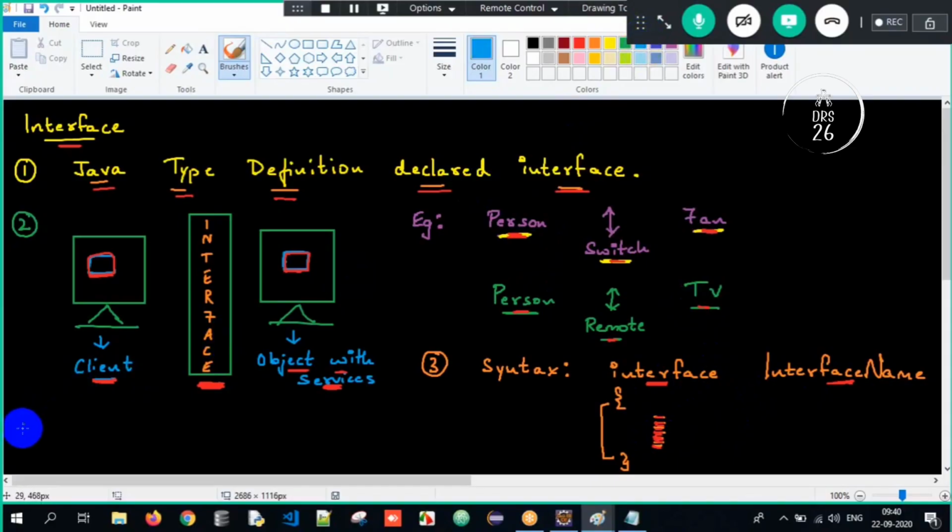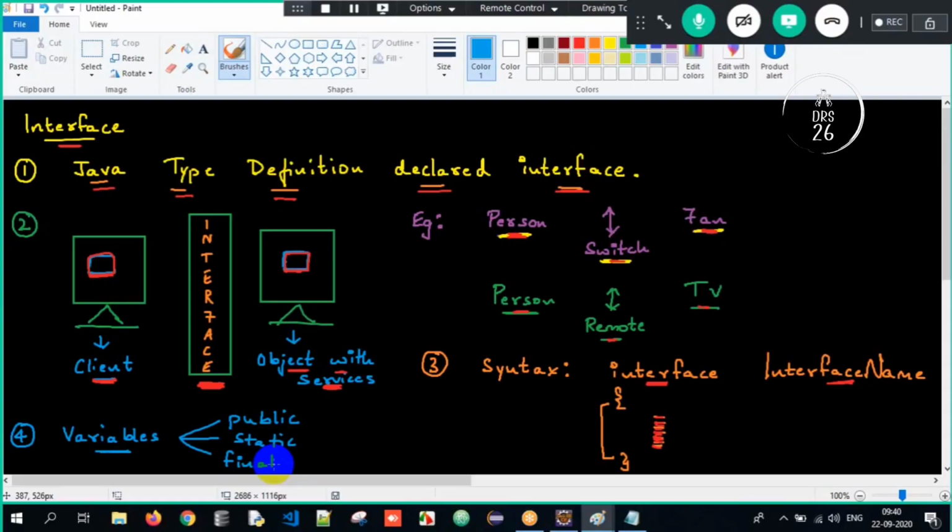And the fourth point here is, can an interface have variables, sir? Your answer is yes. Definitely an interface can have variables here, but automatically all the variables are public, static, and final, whether you like it or you don't like it. So an interface can definitely have variables, but automatically those variables are public, static, and final.